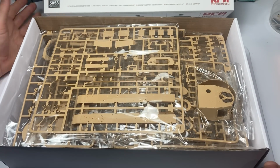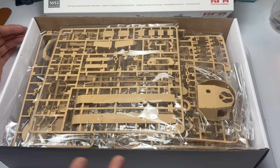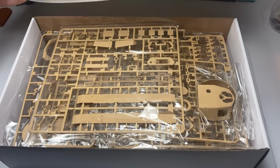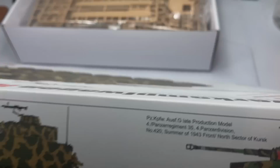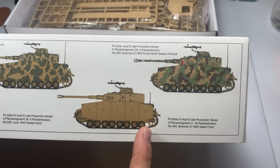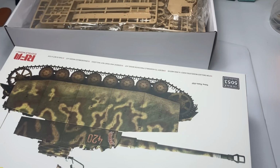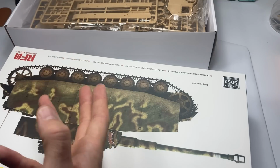Now, if you are into your Panzer IVs, I am well aware that there are issues with this kit on certain... I don't think all of them do, so we'll get into the kind of rivet counting bit. So some of these are incorrect, and I must admit I hate this little bit of research, because you get it with 109s as well, and it sort of gets on my nerves a little bit, because German vehicles and aircraft were built